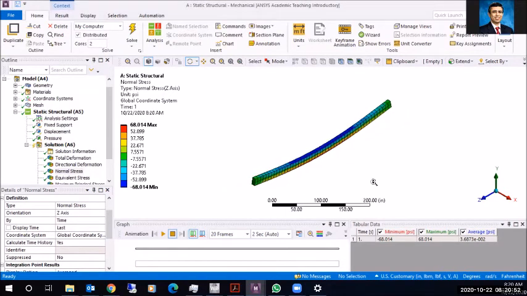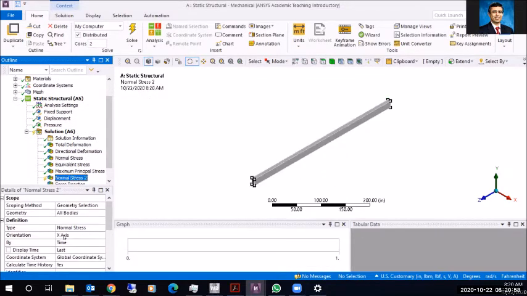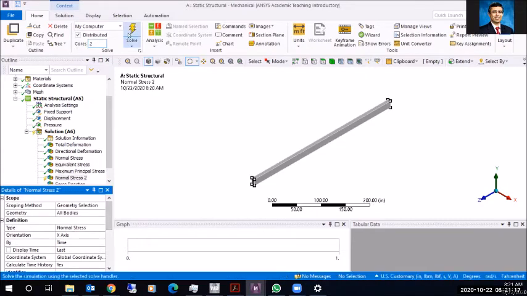Again, tension and compression. On the other hand, if I do a normal stress and leave this as x-axis, in my case, of course, when you're doing the shafts, you're most likely using x as the x-axis. But if I use x, which is really the one perpendicular to the axis, or even pick y perpendicular to the axis, we don't see much of an effect. So if I solve for this one,